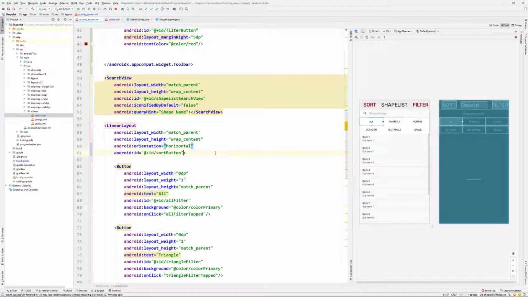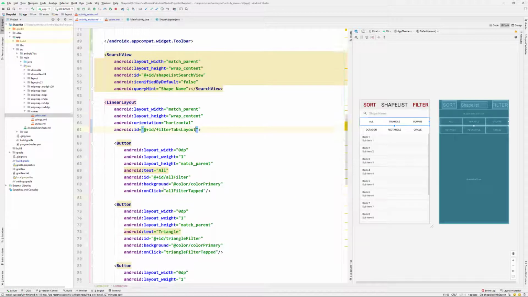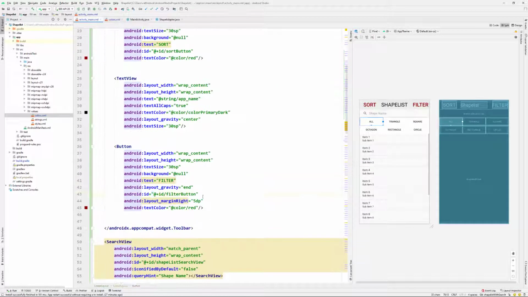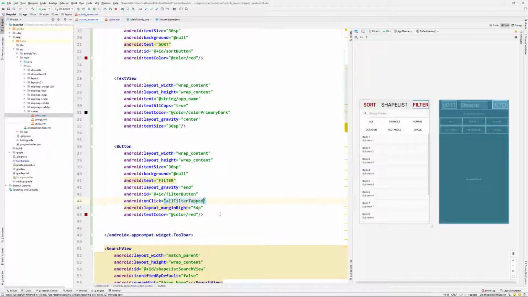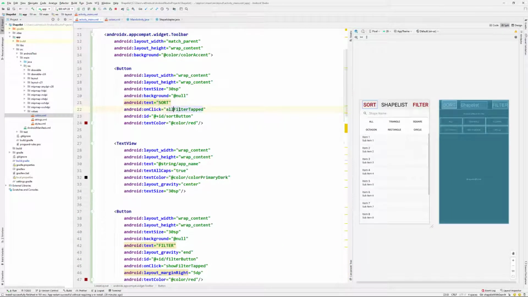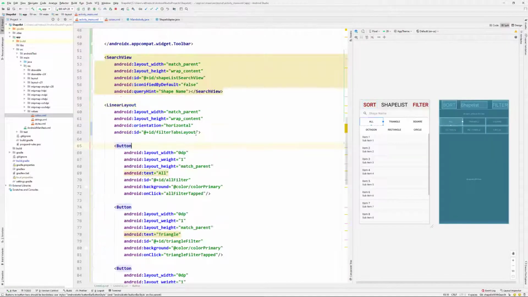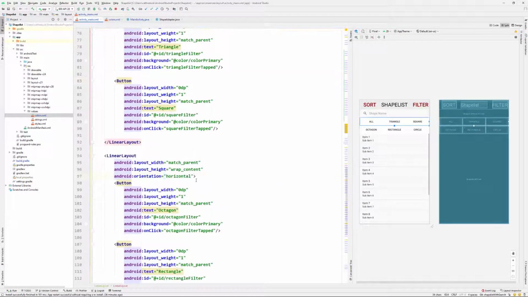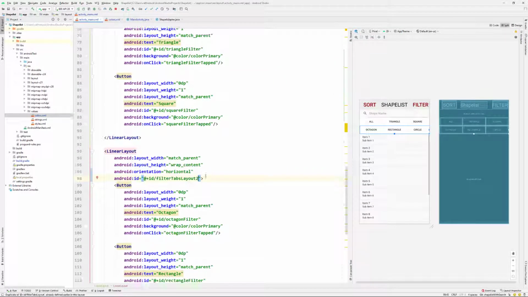And then I'm going to give my linear layouts an ID as well, so filter tabs layout, and I'm just going to copy and paste that onClick method there, and I'm going to change that to show filter tabbed, and just create the method there, and then the same thing for our sort button, so show sort tabbed. Next I'm just going to give my second linear layout an ID, so filter tabs 2,